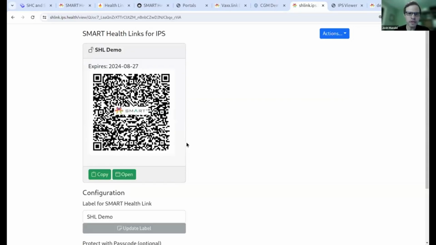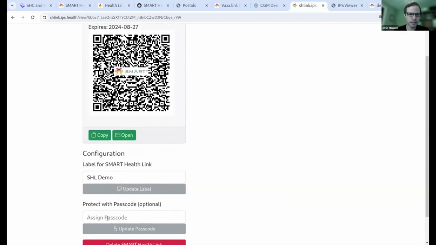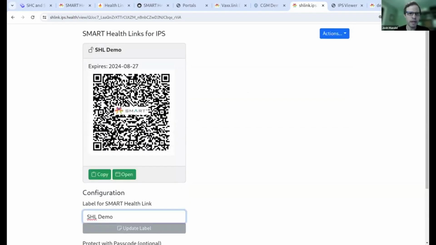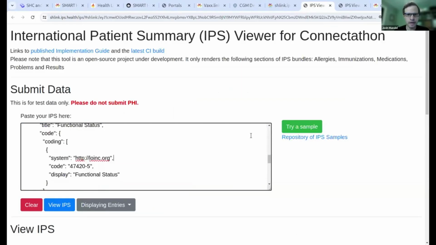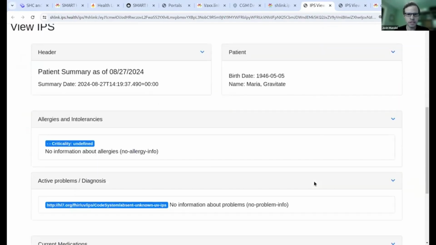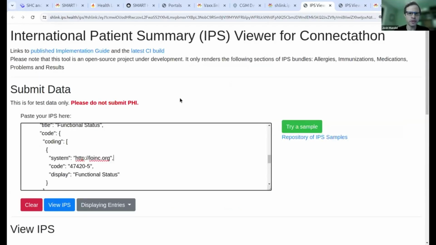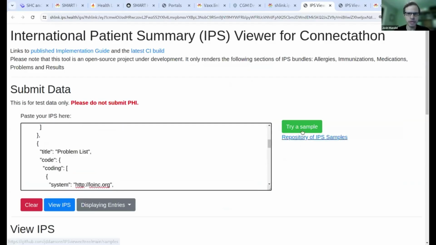And this is using the same underlying API server to host the encrypted content as the last couple demos that I showed you. And I can configure this with a passcode if I want to. I can update the label. But anybody who scans this link will be able to get to a viewer that looks like this, again, with the content automatically loaded in it. And again, the viewer here is just a fallback. If you're building an EHR system that's designed to store summaries natively, you never have to show your users this view. You can simply follow the link and automatically decrypt and retrieve this bundle so that you've got the full content ready to import into your system.